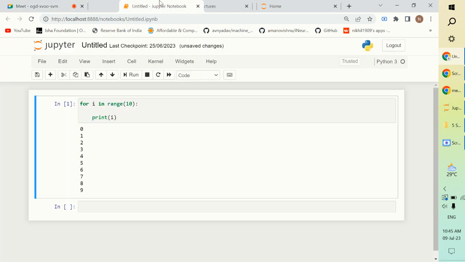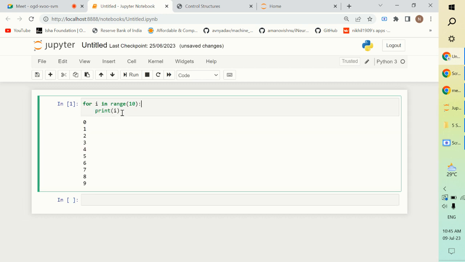So I have written this code, for i in range 10, print i. This is very easy. It will start printing from 0, 1, 2 up to 9, because whatever argument we give to the range function, it prints up to that argument minus 1. So 10 minus 1 is 9, so it will print from 0 up to 9. Now what I want to do,